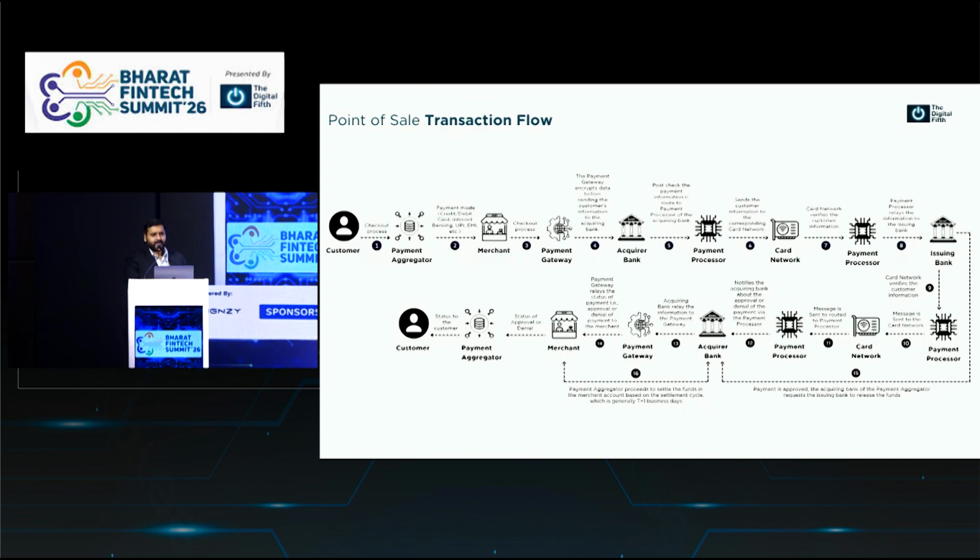The issuer bank, on the other side, is the one whose card you are presenting. Suppose I'm using a debit card of ICICI Bank; ICICI becomes my issuer bank. And if I'm putting the card on the terminal of HDFC Bank, HDFC becomes the acquirer bank. So the money lies with the acquirer bank, which also has the additional responsibility of distributing that money back to the merchant. That is where the differentiation between acquirer and issuer happens.